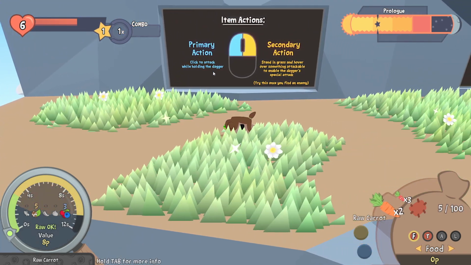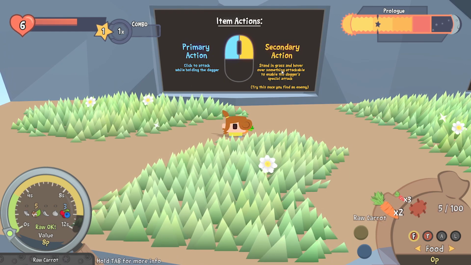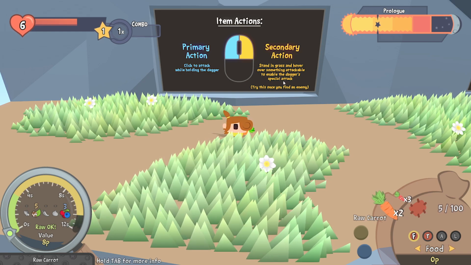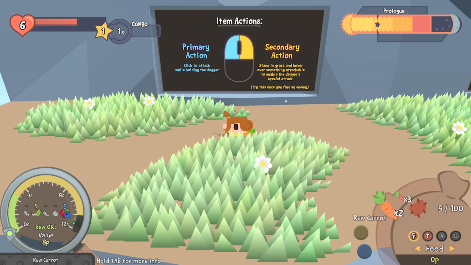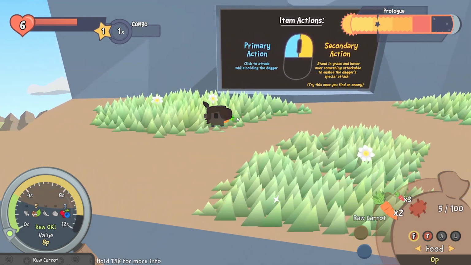Alright. Primary action: click to attack while holding the dagger. Secondary action: stand in grass and hover over something attackable to enable the dagger's special attack. Try this once you find an enemy. Oh, okay, so I think what's going on with the flashing...